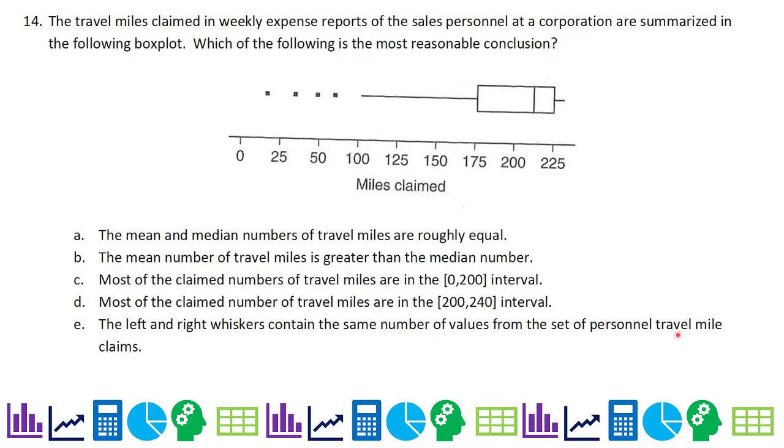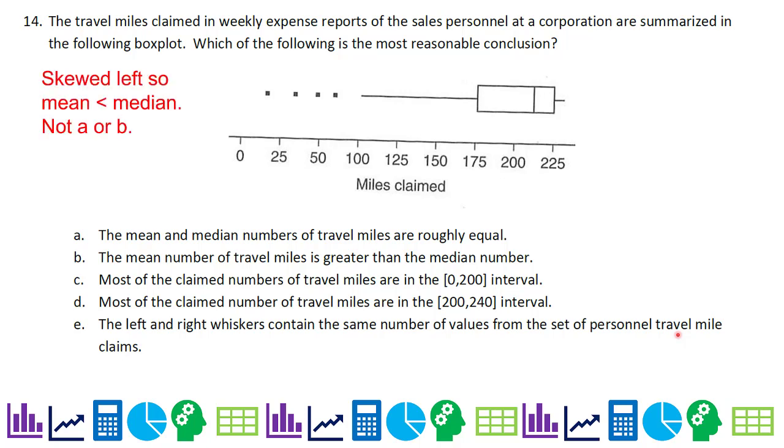Number 14. The travel miles claimed in weekly expense reports of the sales personnel at a corporation are summarized in the following box plot. Which of the following is the most reasonable conclusion? The mean and median numbers of travel miles are roughly equal. Well, this is